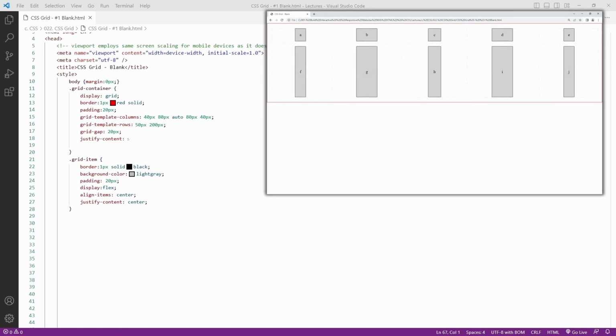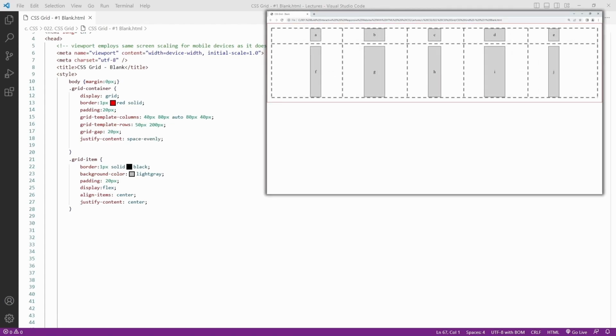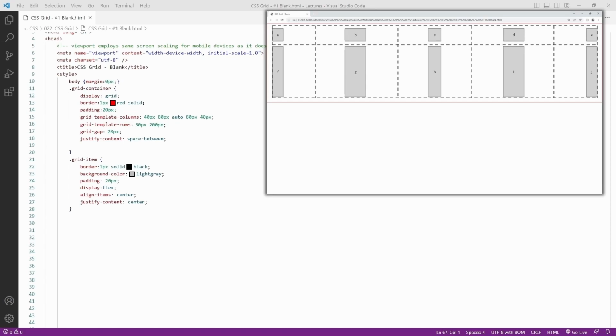That's where space evenly comes in. It's similar to space around, but this time the gap between the container and all of the cells is the same. A subtle difference maybe, but a useful one nonetheless. And finally, we have space between. This value adds as much space between the cells as possible, pushing the cells up against the edges of the container, taking into account any container padding of course. So with all of these justification options at your disposal, you really do have full control over the positioning of